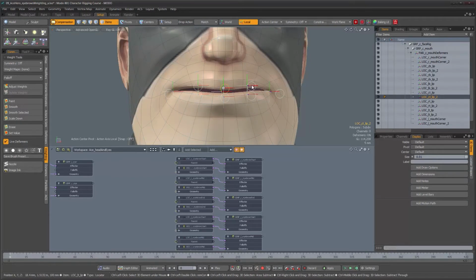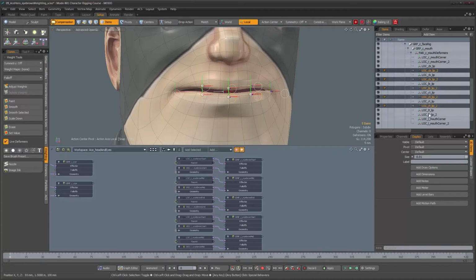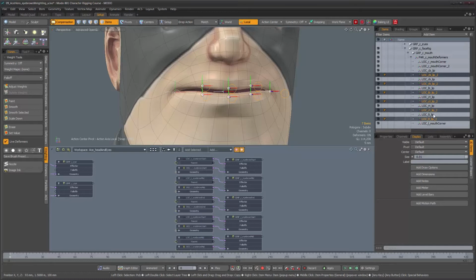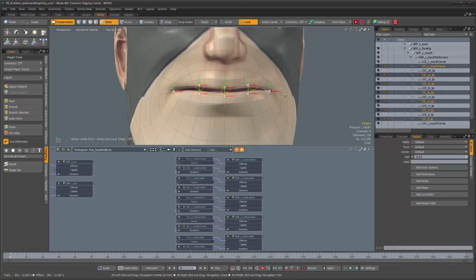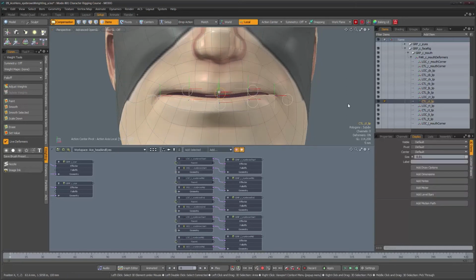So let's select all the controls, which are actually all the ones that have the 2 suffix on them. There we go. Again, I'm going to pause and I'm going to rename these very quickly. Okay. So now let's take this control. As you can see, I've labeled them as controls now. Duplicate that. And let's call this one control top lip,